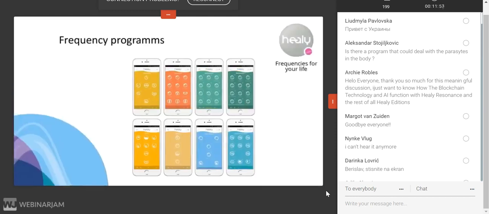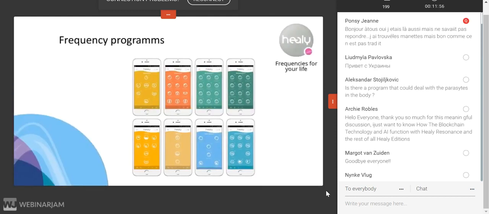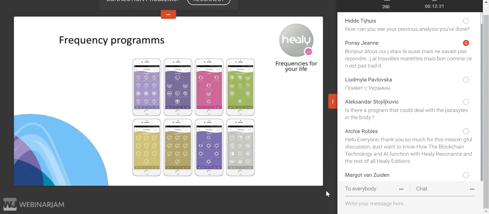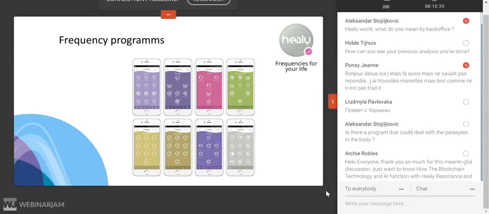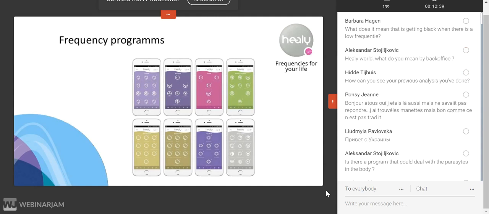So that in brief is just a bit of a technical overview. The outcome is, of course, different frequency programs. And you know, the Healy app comes with around 120 Healy programs in different categories: meridians, chakras, pain, psyche, you name it. You know them better than me, maybe even. Depending on the kind of Healy you've purchased, you might find a certain amount of programs. I guess you can't see that right now. Okay, so if you have the Healy Gold, then you have fewer pre-programmed frequency programs. If you have Healy Holistic Health, you have a few more. If you have Healy Holistic Health Plus, you have all